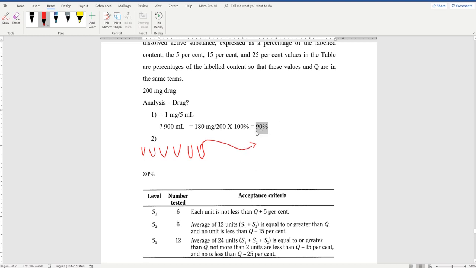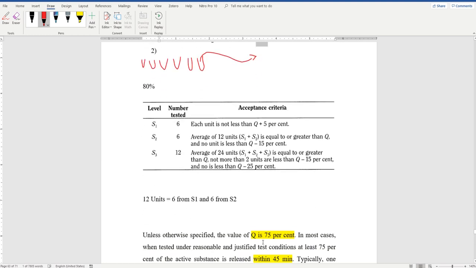Then divide the total of the percentages of the 12 units by 12 to get the average. Now, if the average of the 12 units is equal to or greater than Q, which is 75%,